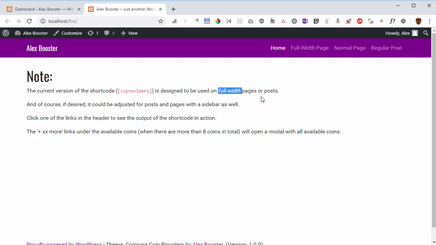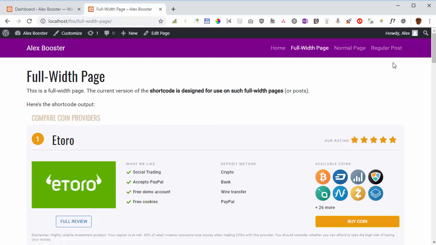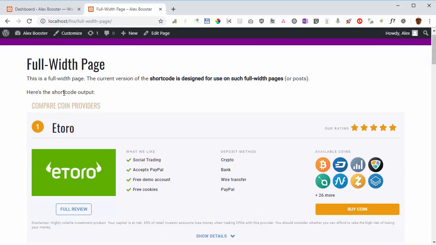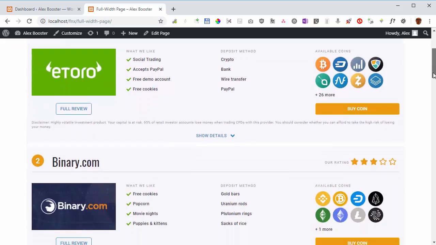in full width pages or posts, and I'll explain in a bit why and why not. Right, so the full width page is here, just as an example. Below this line is the output of the shortcode. I included this title, although this probably shouldn't normally be part of the shortcode, but anyway. So this is the output of the shortcode, and